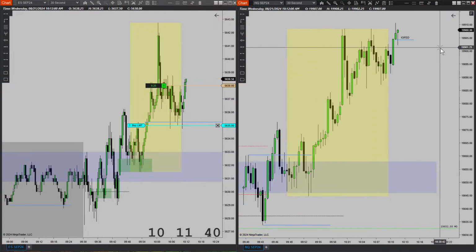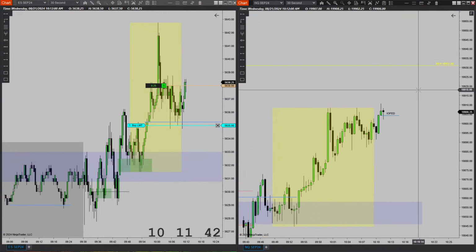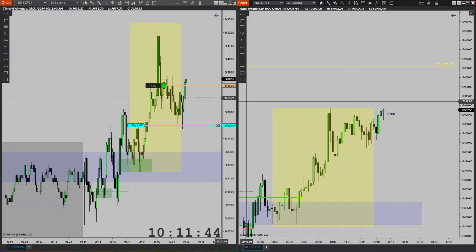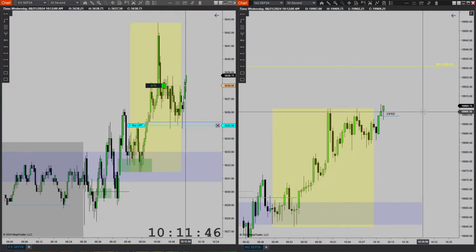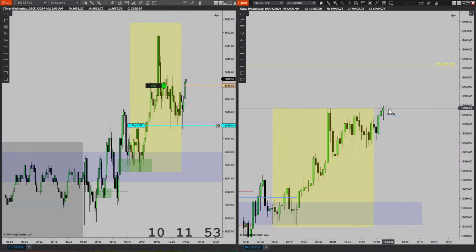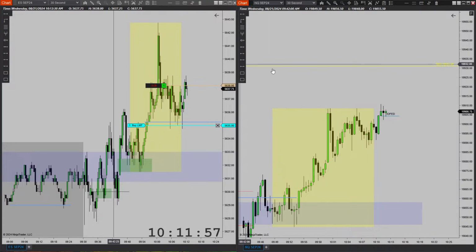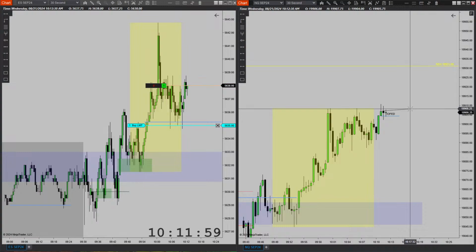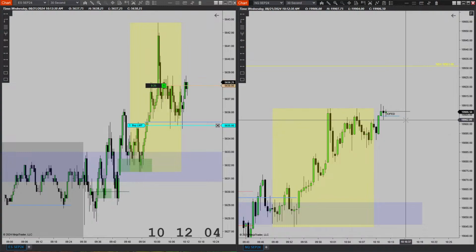Institutional order flow entry drill. Yep, that was it right there. Okay, so what I'm looking for now is a down close candle. So now I want to see price hold above this price area here. I don't want to see a new low. I'm gonna look to get in again on NQ.